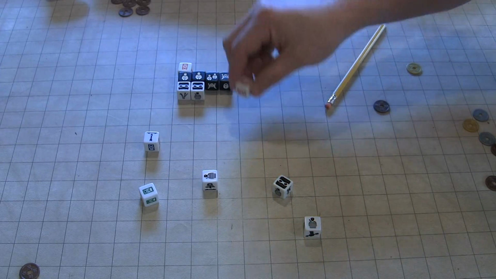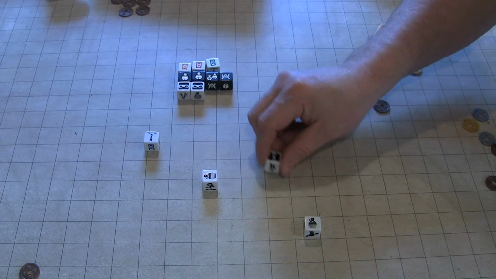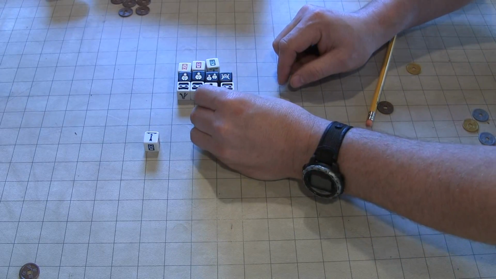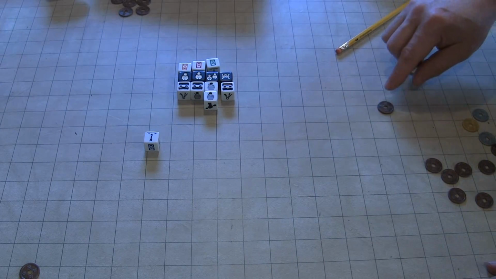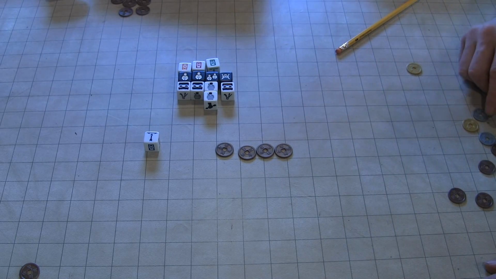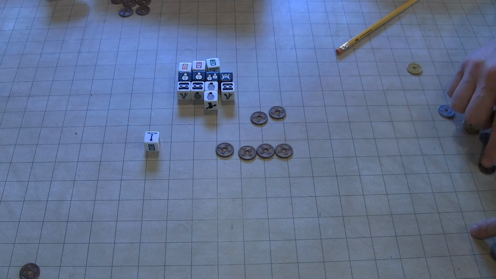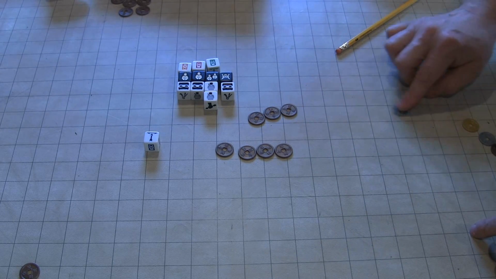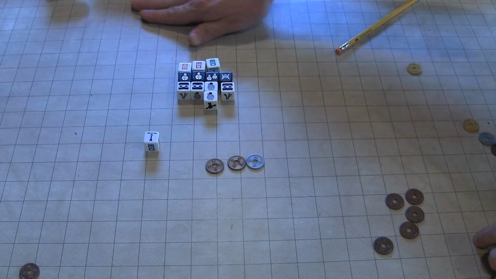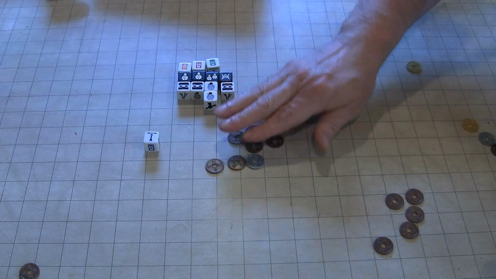And he pressed his luck. He got 2 hourglasses and a worthless arrow. He has 1 sneak, 2 sneak. So scoring here, 1, 2, 3, 4 dice, 2 for beating the house, and another 1 for no combat. So we're going to switch that over to a silver and slide that off the side. And at the end of his first round, he has a total of